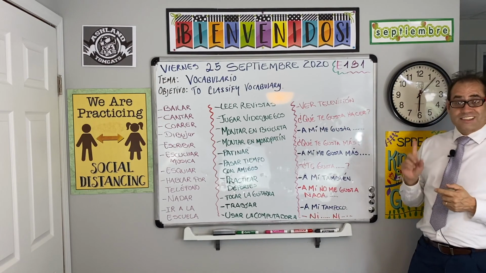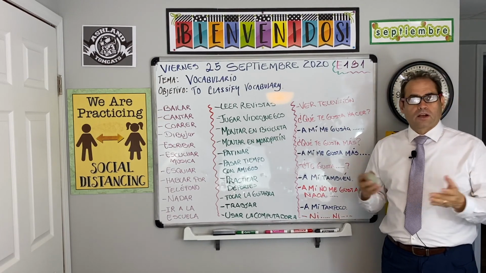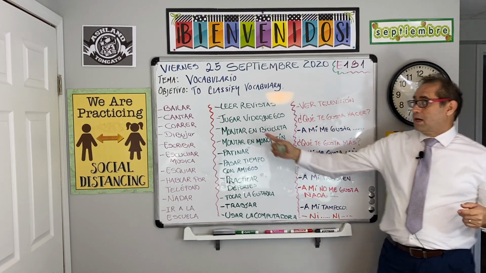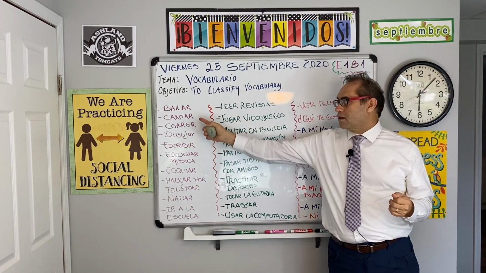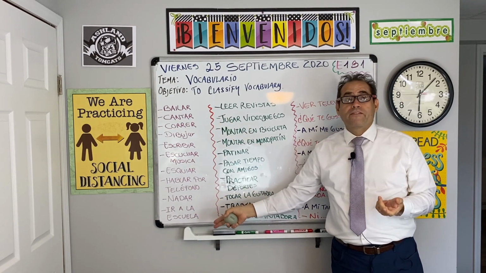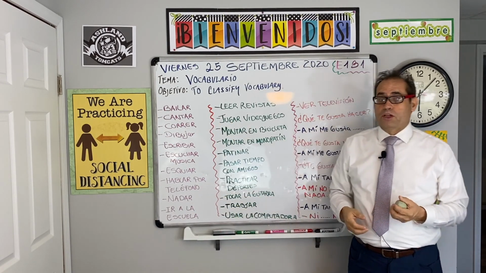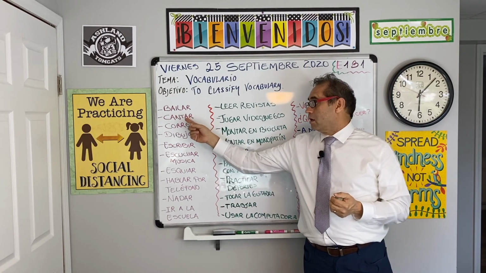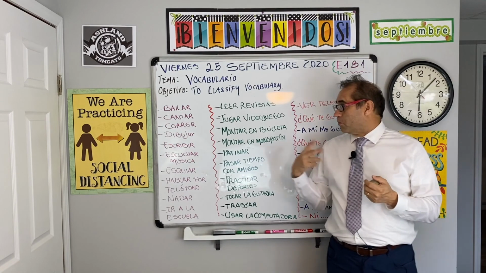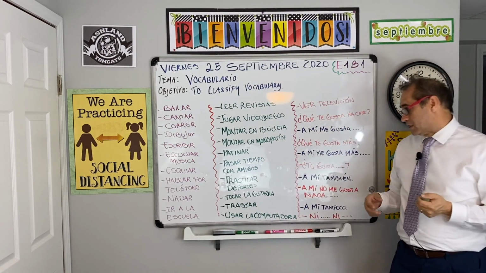Then, te gusta, that's a question. ¿Te gusta ir de compras? Te gusta, and we can use one of these expressions here. ¿Te gusta bailar? ¿Te gusta cantar? ¿Te gusta correr? What do you like to do? Those are infinitives. Remember the infinitives? Verbs ending in AR, ER, and also IR. So those are some of the verbs that we can use when we express likes.